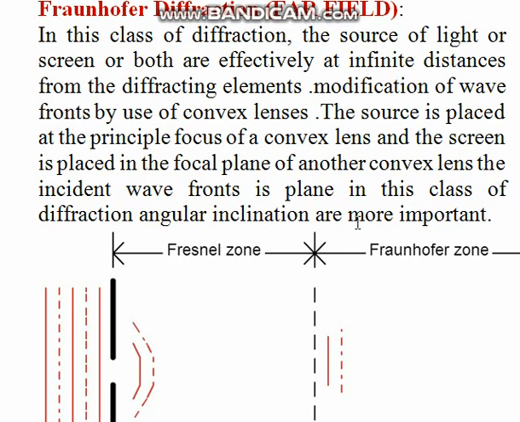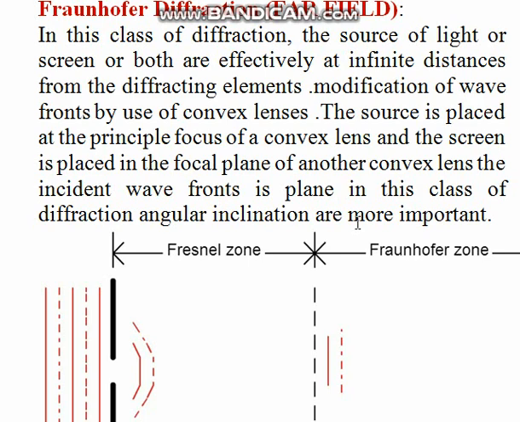In Fraunhofer diffraction, the source and the screen are at infinite distance from the slit. The incident light wave is a plane wavefront, and the diffracted light is collected by a convex lens. The center of the diffraction pattern is always bright. The diffraction pattern is the image of the obstacle. The intensity on the screen is calculated by an integral method, but you can say that the Fraunhofer diffraction is simple to treat quantitatively.